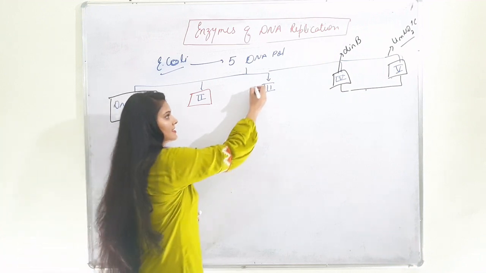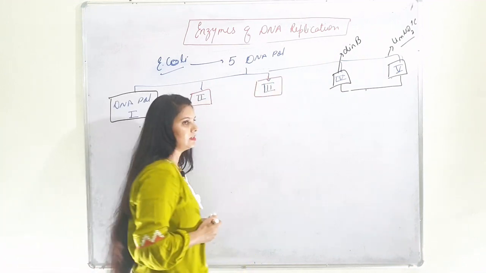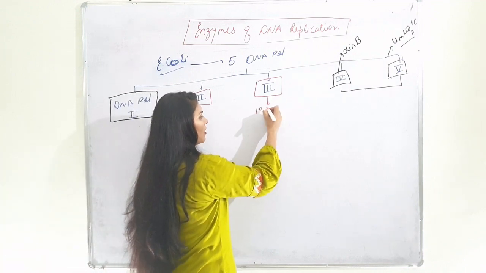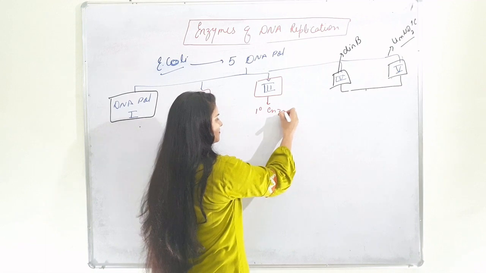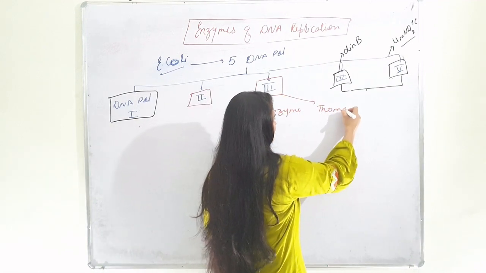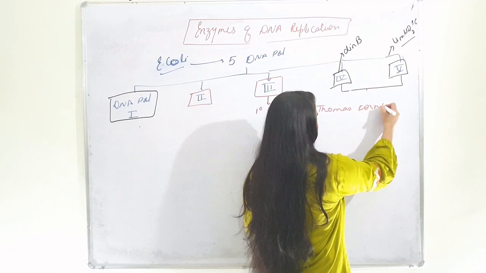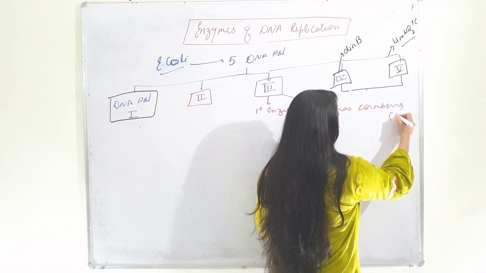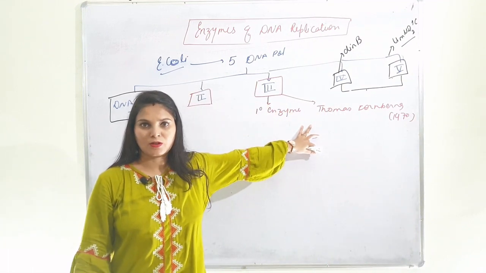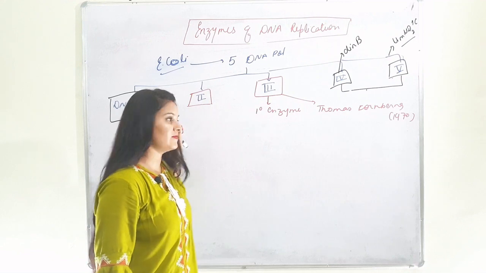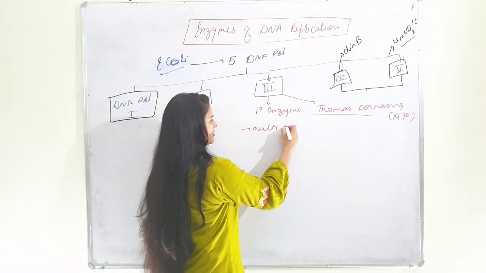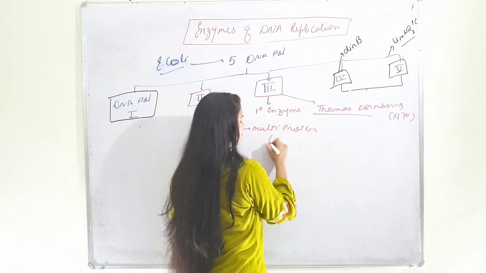Now let's discuss DNA polymerase 3. DNA polymerase 3 is the primary enzyme of DNA replication, discovered by Thomas Kornberg in 1970, who is a son of Arthur Kornberg, who discovered DNA polymerase 1, and it is a multi-protein complex